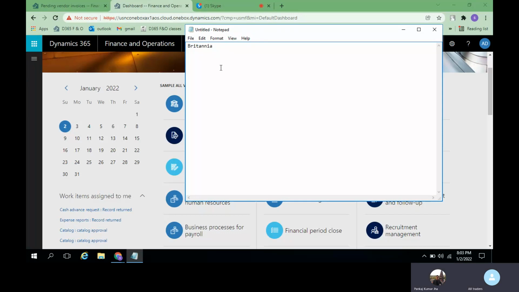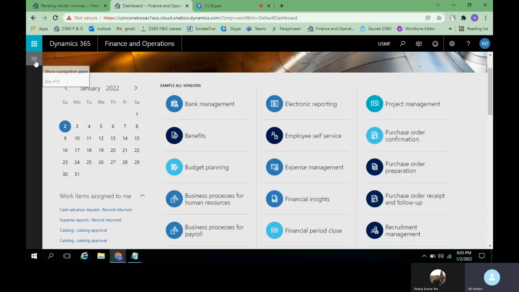Yeah, hello. Okay, so we'll try to create one legal entity. Under this legal entity, we can do all activities, whatever modules we are going to discuss. All the transactions related to all those modules will be done under this company. For example, we have selected this company name. I'll show you the navigation for how to create a legal entity.